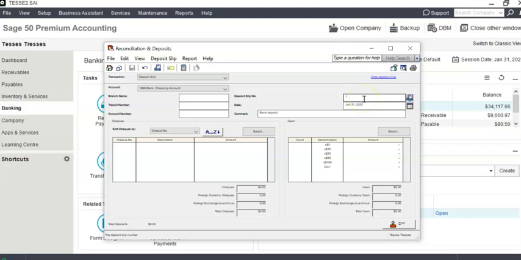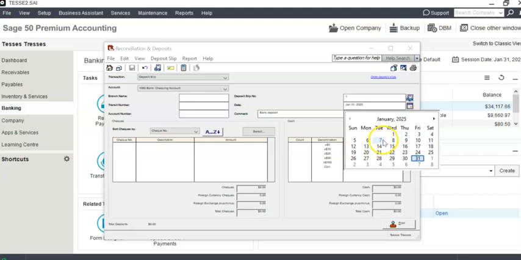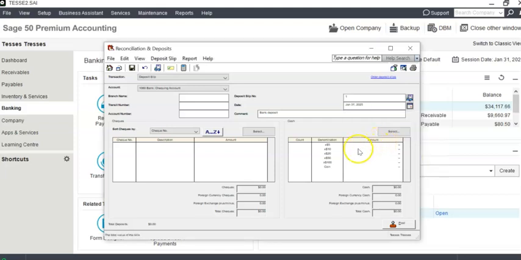So that's where we want the money to go. It's deposit slip 1, as you can see here. The date, we want to change it to the 7th, because say we've already physically done this, but we haven't done it in Sage yet, okay? So maybe we actually did print up deposit slips and deposit it into our actual bank account, but for the paperwork itself, we haven't done it yet. So we want to date it the same as what it was actually dated. So we've got January 7th. And now it's telling us that